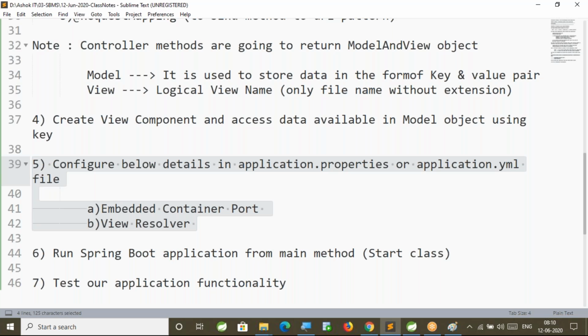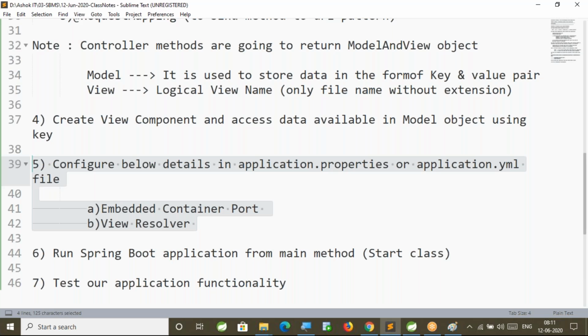What are the components that are required to run this application? Boot will understand, and Boot will load those components. Boot will make those components ready to run my application. That is the beauty of Spring Boot. If I develop the same application by using the Spring framework, I need to do hell of configuration. Hell of XML files I need to create. A lot of configuration I need to do. But when I go for Spring Boot, I am not doing any configuration related to XML files.